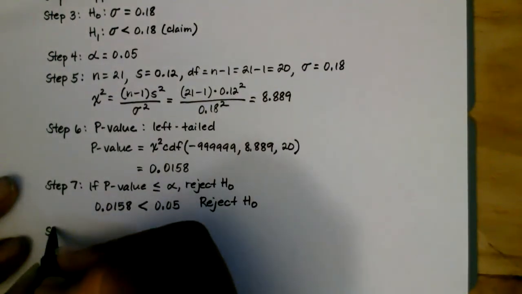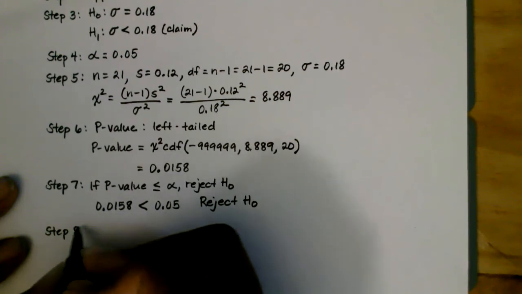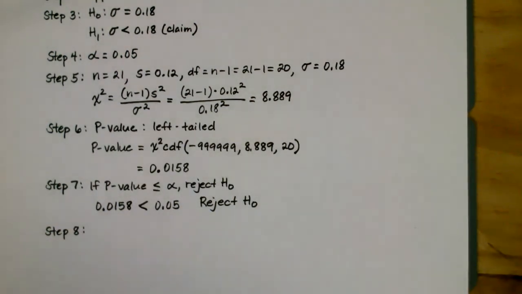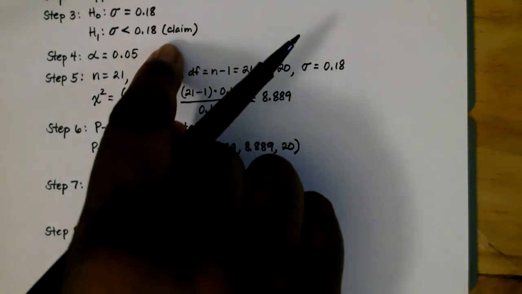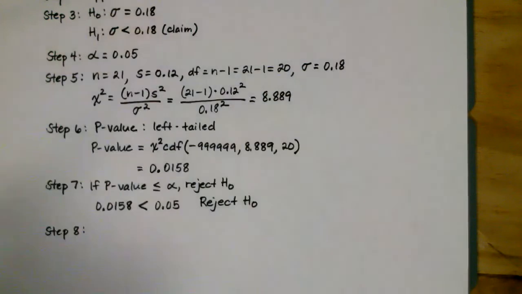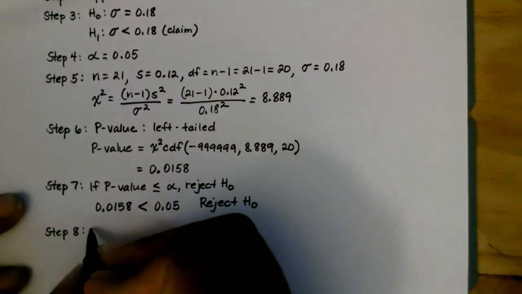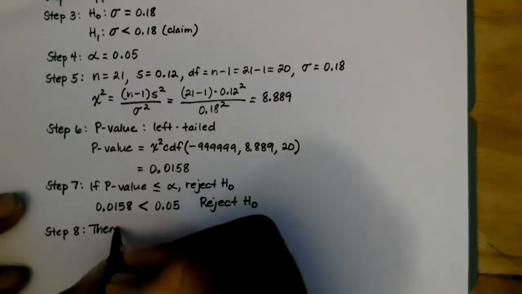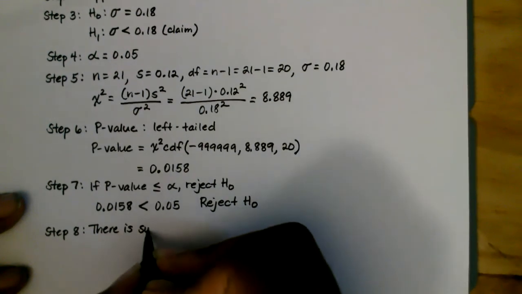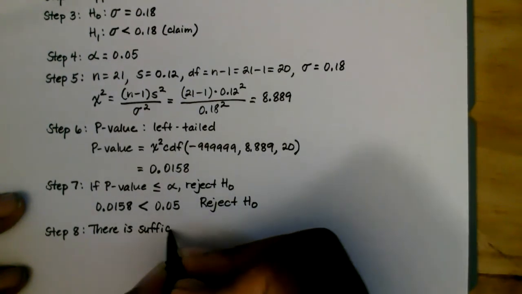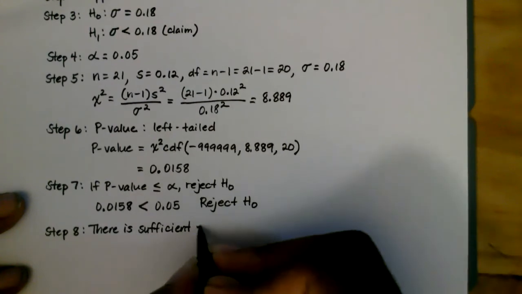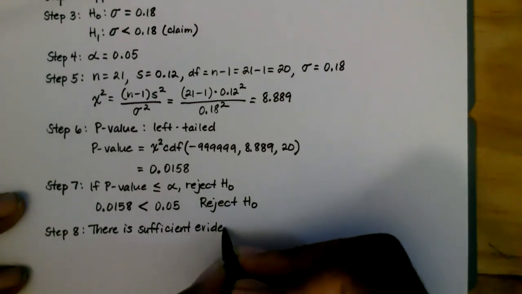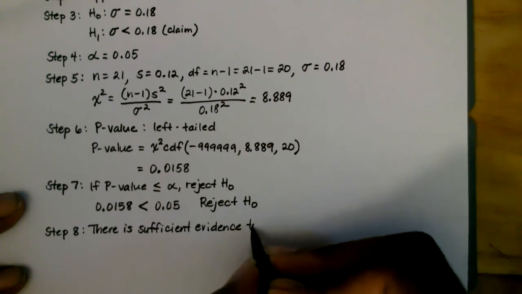And then finally, step number 8 is to write our conclusion using simple non-technical terms here. The claim was the alternative hypothesis. We rejected the null. So that means that we have sufficient evidence to support the claim. So that means there is sufficient evidence to support the claim